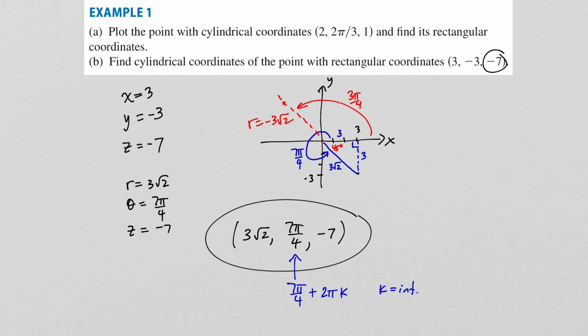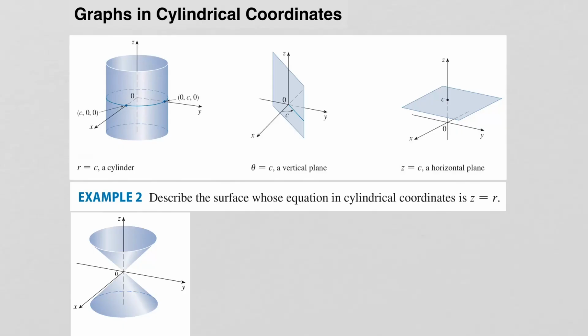So there are infinitely many possibilities of cylindrical coordinates when you're given a set of rectangular coordinates. We can also think about graphs in cylindrical coordinates. So if we are in the cylindrical coordinate system and we have the equation r equals c, that simply means that r is equal to some constant c, theta can be any angle, and z can be any value. So if you think from the positive x-axis, we can rotate to any angle, but r must be c